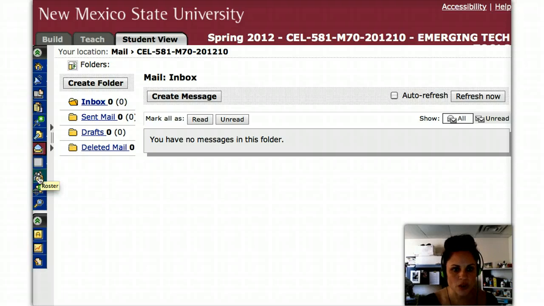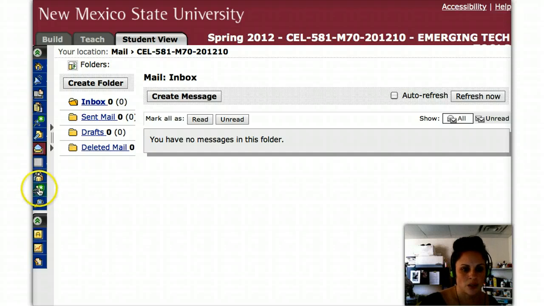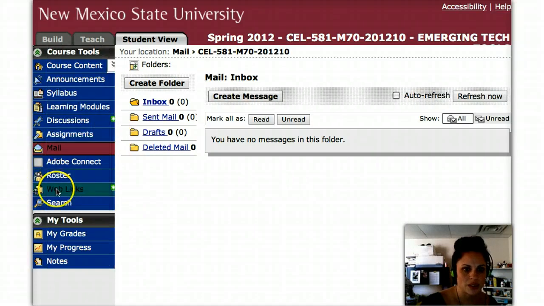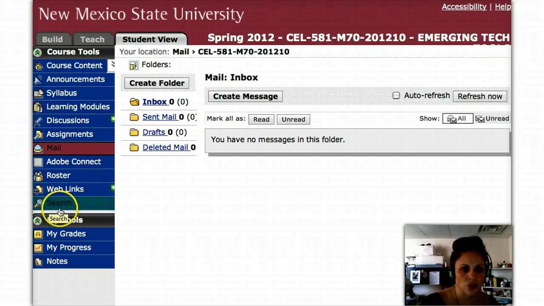We have a roster where you can go and take a look at everybody in the class. Sometimes people put up pictures, sometimes people put up their information, and that roster is across all of your courses, so it's not specific to this class, but it's a great place to go remind yourself who is who. There's also a little tool there. Let's go ahead and open this a little bit so I can read the names. Those are the web links. I've only put a couple of web links in there, but I'm happy to put more if we need them. And then there's a search tool that you can use to search for things throughout the course.